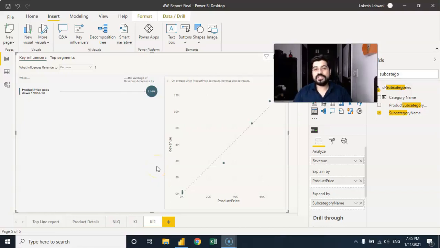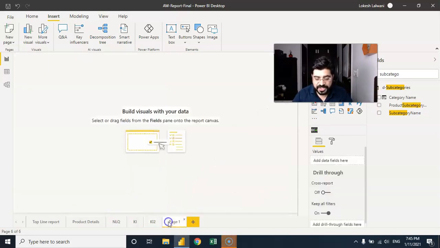Let us talk about another AI visual, which is going to be a decomposition tree. I personally like this visualization a lot because, as the name suggests, you can actually decompose the value, the parameter that you have, and you'll be able to know the root cause. Okay, let us see. And for this, we will be creating another page, and I will be renaming this as